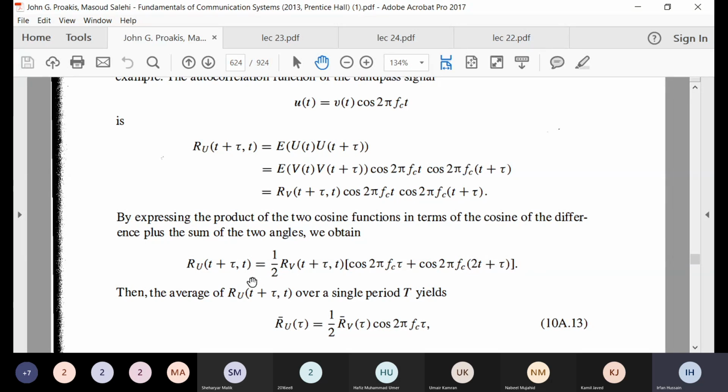ठीक है, तो अब आप देख लें कि आपके पास ऑटोकोरेलेशन फंक्शन तो आ रहा है, मगर ये ऑटोकोरेलेशन फंक्शन जो है देखेंगे फंक्शन ऑफ टाइम है। ठीक है, तो शायद मैंने कोर्स में नहीं करवाया। अब आप देखिए ना, कोर्स में जो हमारा ऑटोकोरेलेशन था, वो सिर्फ tau का फंक्शन था। ठीक है ना, उसमें t तो नहीं आ रहा था।